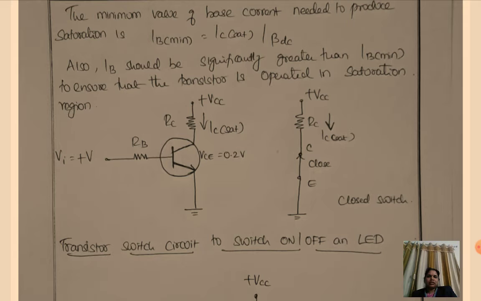Whenever the input junction of the transistor is under forward bias, base current flows, and this makes the collector current also available at the collector terminal. So the maximum collector current will flow, and this makes the transistor act as a closed switch. The equivalent circuit diagram is also shown to the right. It is going to act as a closed switch.